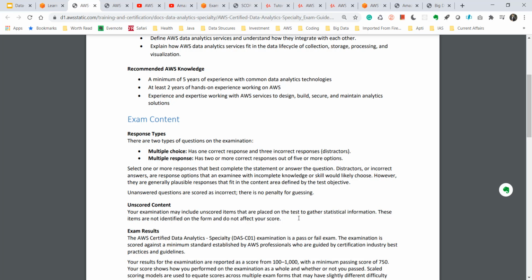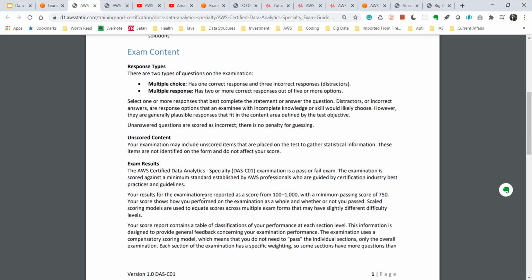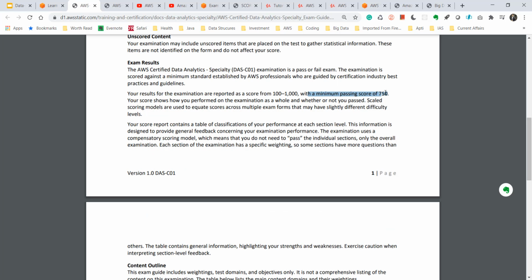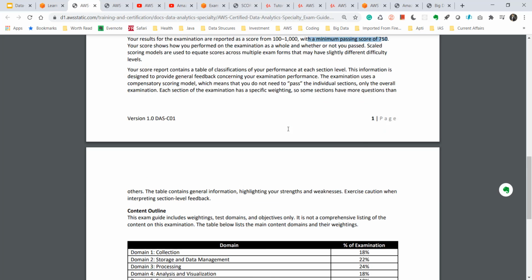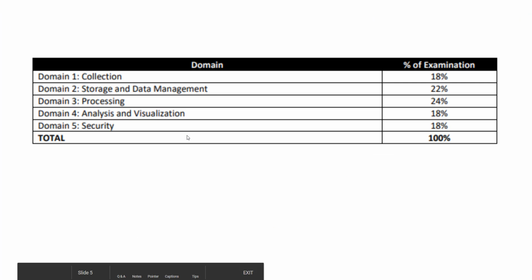The presenter did confirm this, that your exam may contain 10 to 15 questions that are just placed in your exam to gather some information and check your response. You get your exam results immediately. You'll get to know if you pass or you fail the examination, you need to score 750 out of 1000. So let's go back to our PPT.